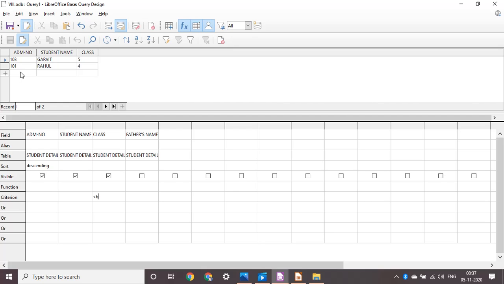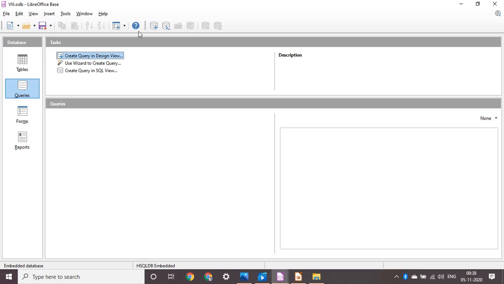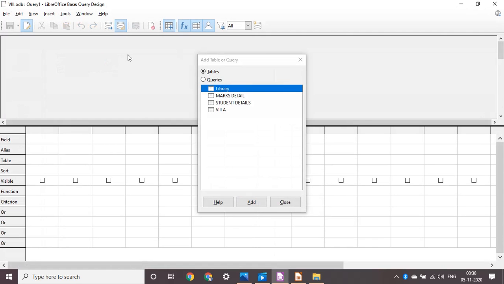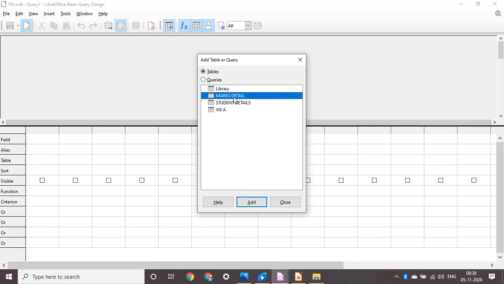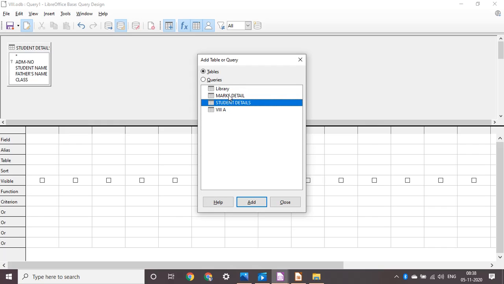Students, we can also do a query on the tables which are in a relationship, right? Let's do that one also. Clear query, right? And we have to again click on design view, and we have to use 2 tables. Double click on table 1 and then 2.